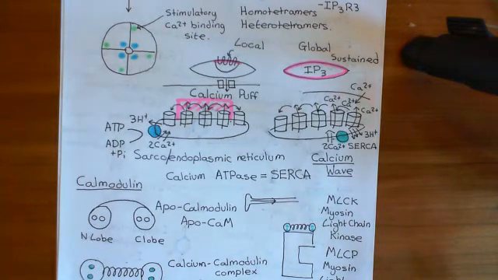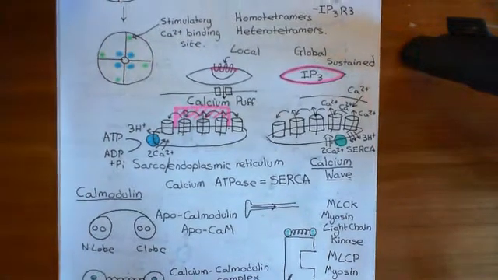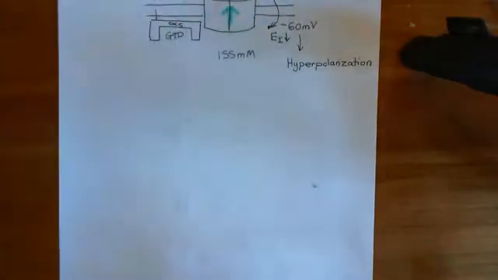Okay, and if you don't get those calcium waves, then you don't get the calcium that's going to bind to the calmodulin, which will activate the myosin light chain kinase. Okay, and therefore you don't get the phosphorylation of the regulatory myosin light chain, and therefore you don't get the contraction of the contractile units within the smooth muscle cell. So those are the current thoughts for how the activation of beta-2 adrenoreceptors actually triggers the relaxation of